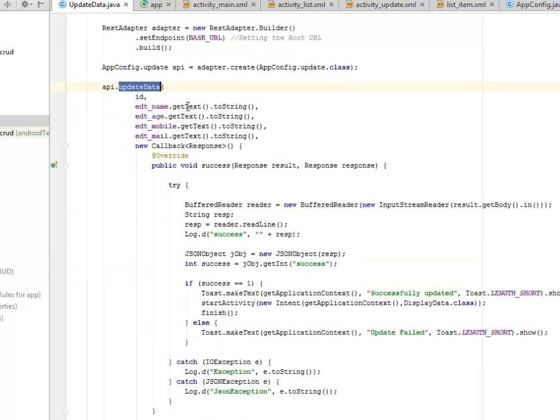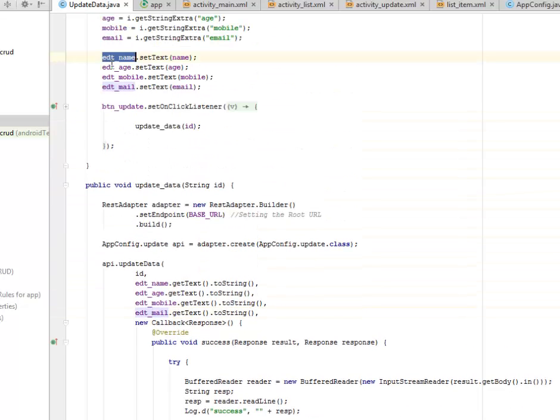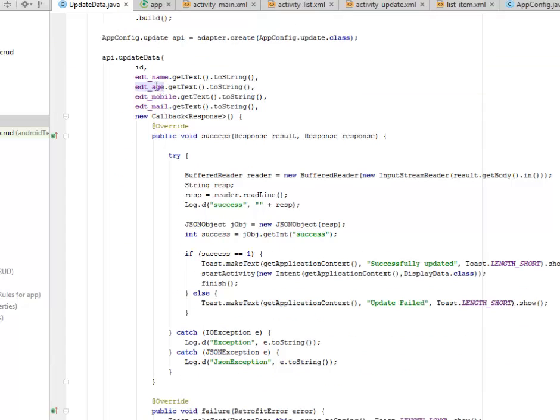The edit name, you get the text, convert to string. The age, the same thing goes, the mobile and the mail, which you've done here by getting the appropriate name, age, mobile, email, so that you can be able to edit those